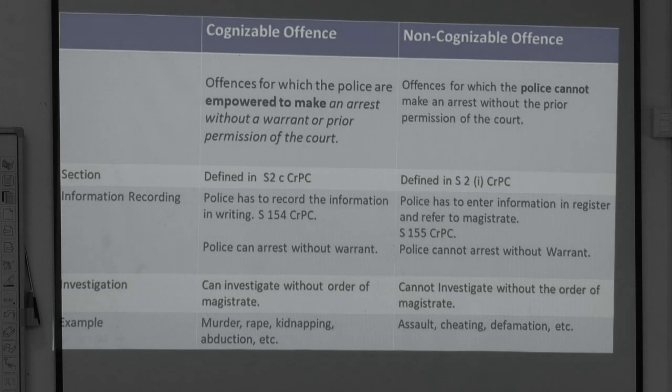Interest की बात करते हैं. Next, cognizable offense, non-cognizable offense. ठीक है? Cognizable माने